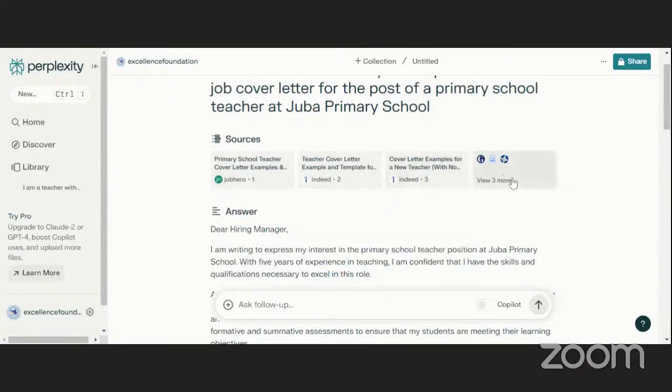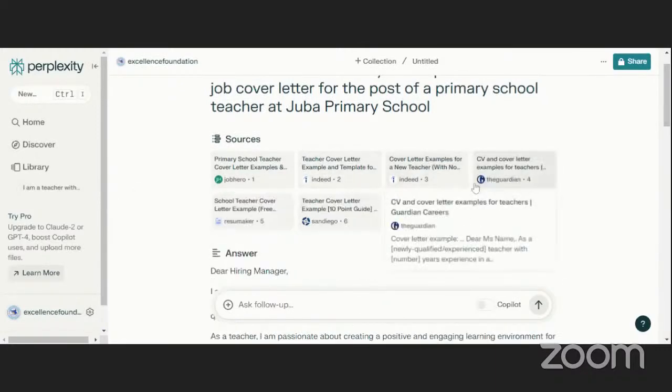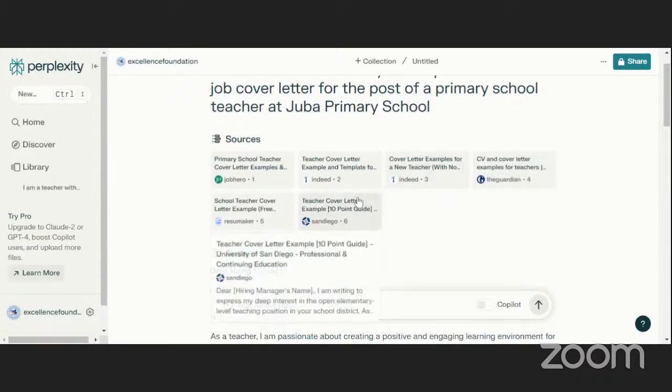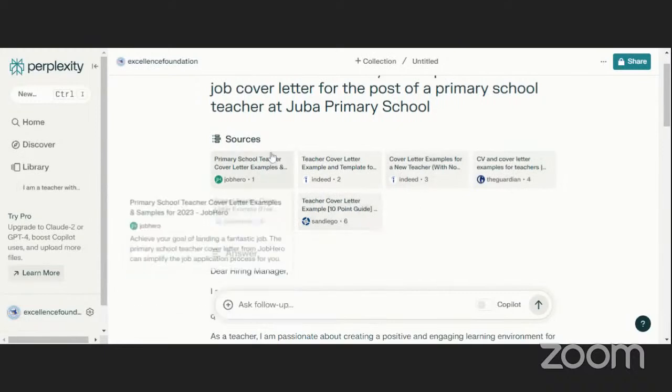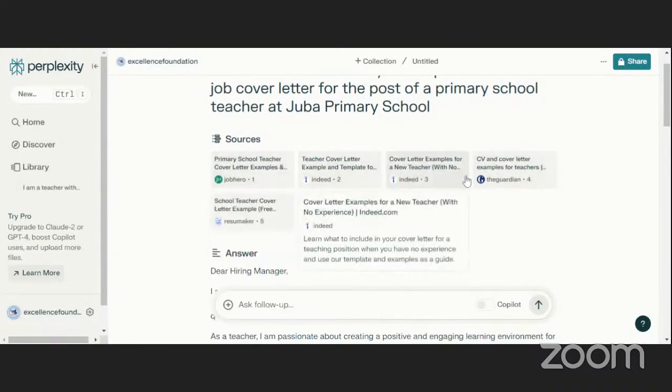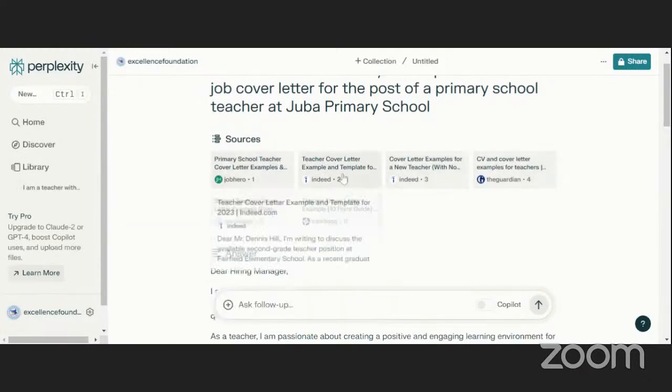It's not their original work. You can see the sources where they got this information from. All these sources are mentioned here, so this means that this is some people's work. If it is run again through a plagiarism checker, it will be detected. But your work is to just change it, because their work is to give you a heads up so that you can have a very good starting point. I hope that answers your question.